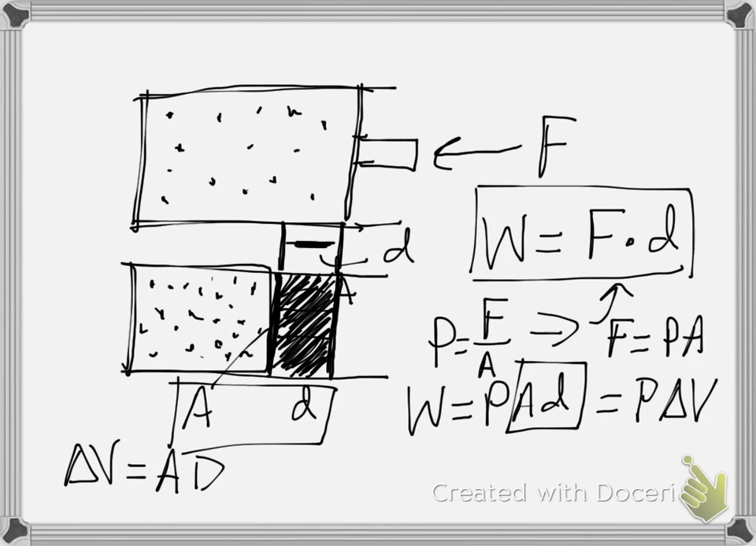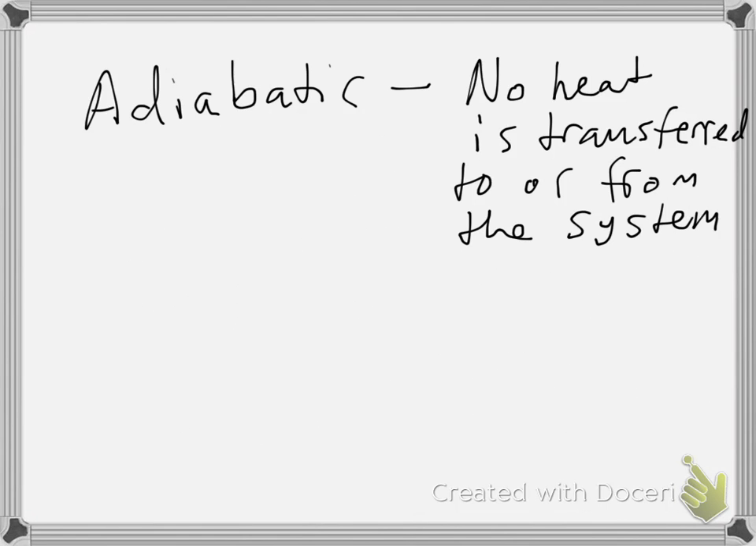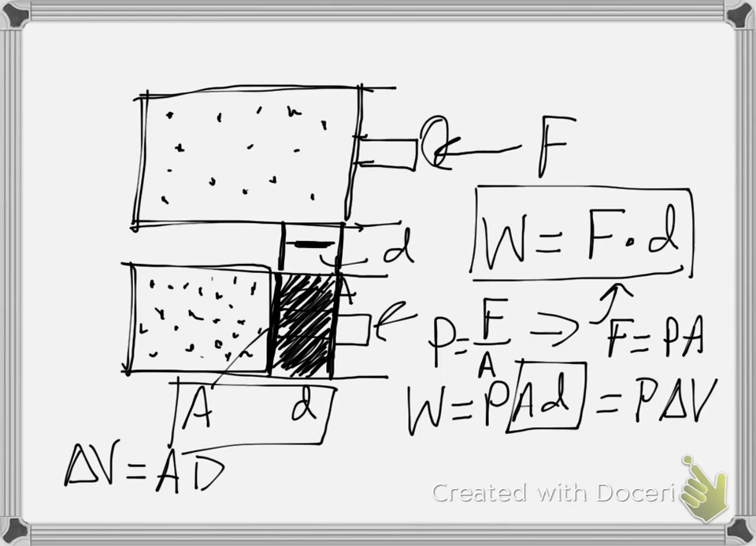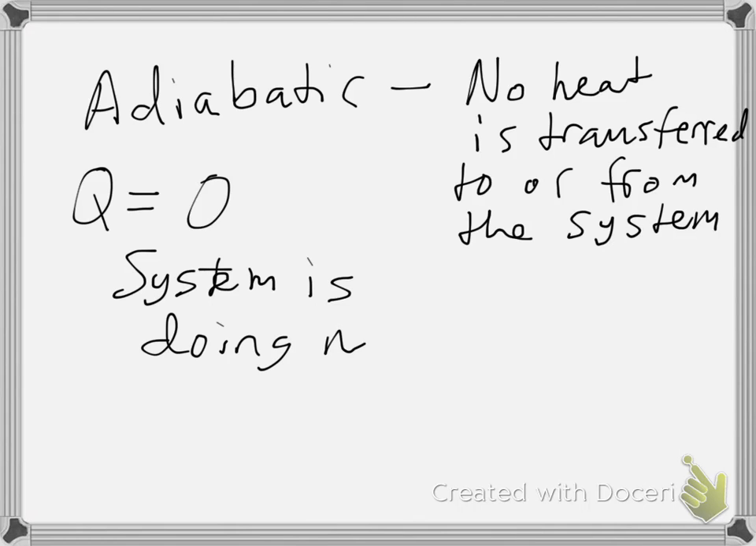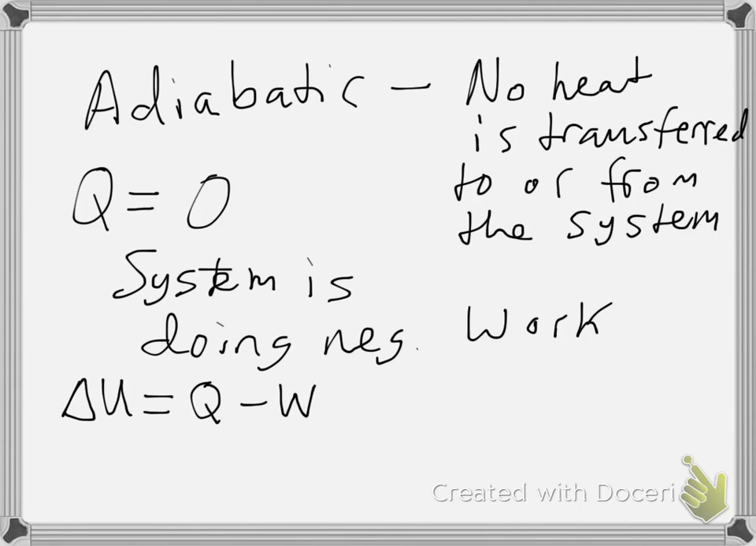So imagine that I start here and compress the cylinder fast enough that no heat is able to go into the system or escape the system, and that means that in an adiabatic process, since no heat is transferred, Q is 0. And because, if we go back again, I'm doing work to the system, that means that the system is doing negative work, and that means I can write my first law of thermodynamics as the change in internal energy is equal to Q minus W, but again Q is 0, so 0 minus a negative work. So the change in internal energy is going to be equal to the work that I do to the system